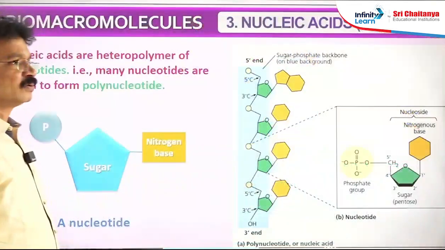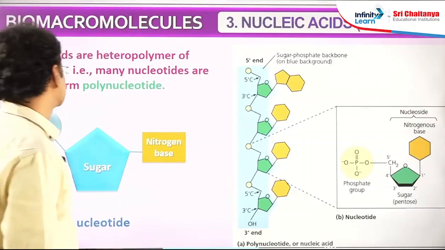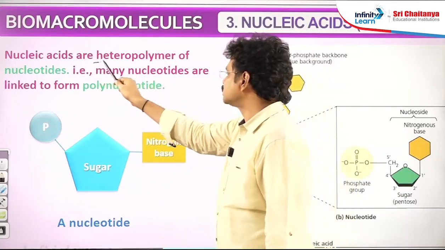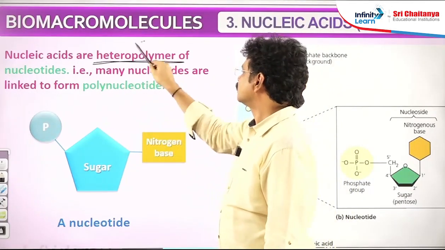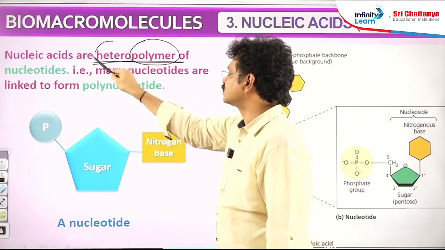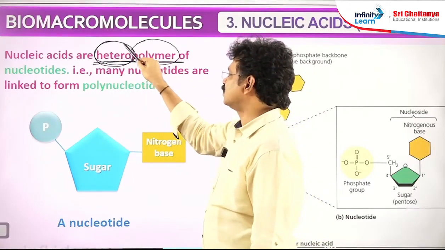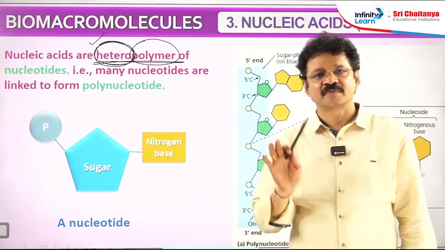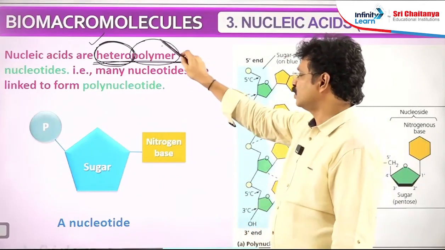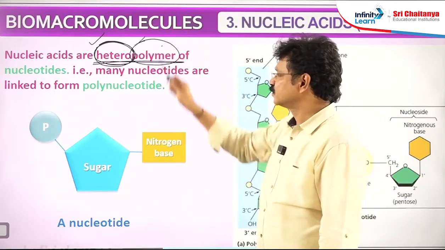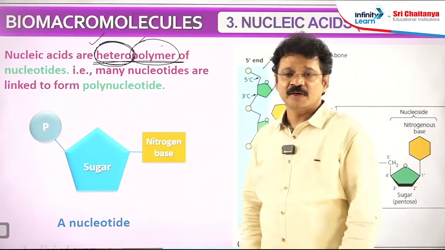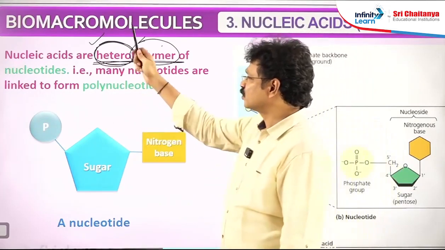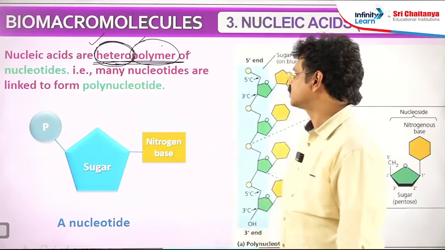Okay, is it clear? Now, elementary knowledge about the nucleic acids. Like the protein molecule we learned in the last class, nucleic acid is also a heteropolymer. Polymer means a combination of many molecules. Hetero means different: all these molecules are not identical to each other. Different types of building blocks are involved in construction of the DNA molecule. Hence, both DNA and RNA are examples of hetero. Every protein is a hetero. But for polysaccharides, two types are there, homopolysaccharides as well as heteropolysaccharides. Every protein molecule and every nucleic acid is an example of a heteropolymer.